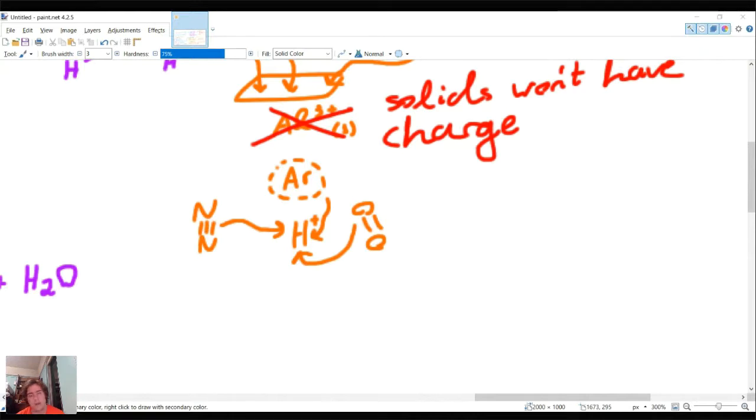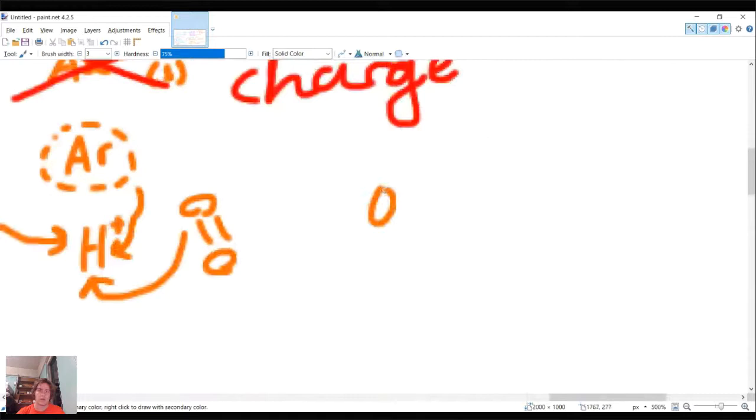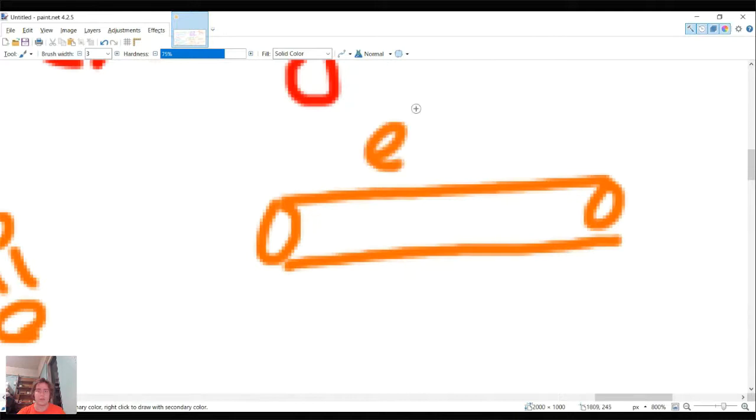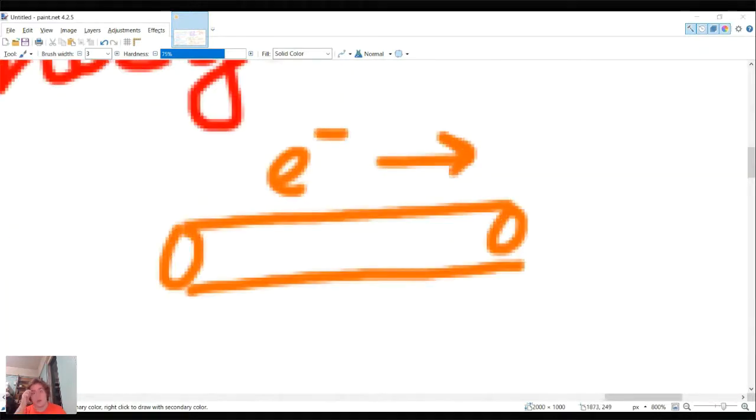Yeah, same reason. The more accurate reason is that when it's in ionic form, there's free electrons, but when things are bonded together ionically, those electrons are not free. They're stuck, rigid in one spot. But when it's an ion, the electrons are free to move around, and that's exactly what electric current is, right? If we have a wire, what electricity really is, it's just electrons moving through the wire. And the electrons can't move in the solid, but the electrons can move in an aqueous solution because the ions are free to move around.